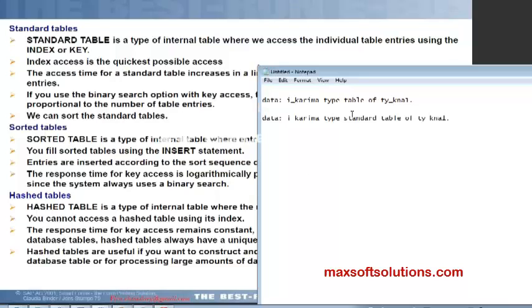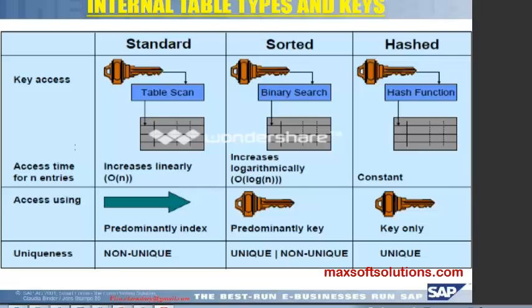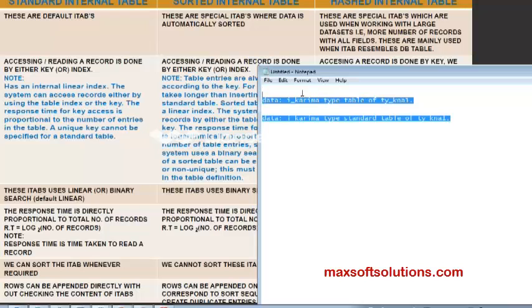Both are same. But technically, what is the difference between these three tables? Yeah, I will tell. First of all, I need to tell you the syntax, without telling the syntax how can I go to the theory? So this is how we create an internal table. In the same way, this is about a standard internal table. So I have given the point that these are default internal tables.